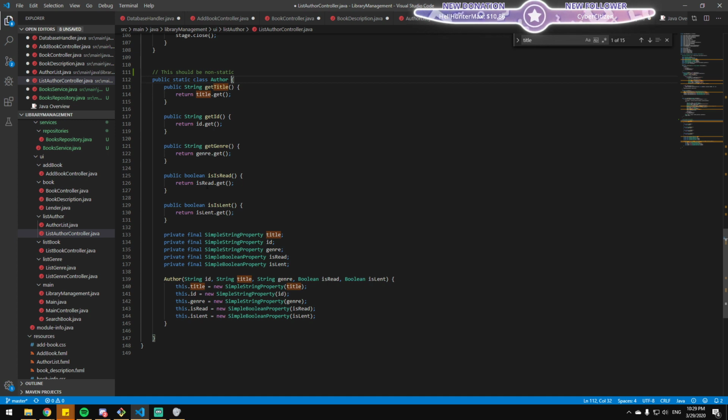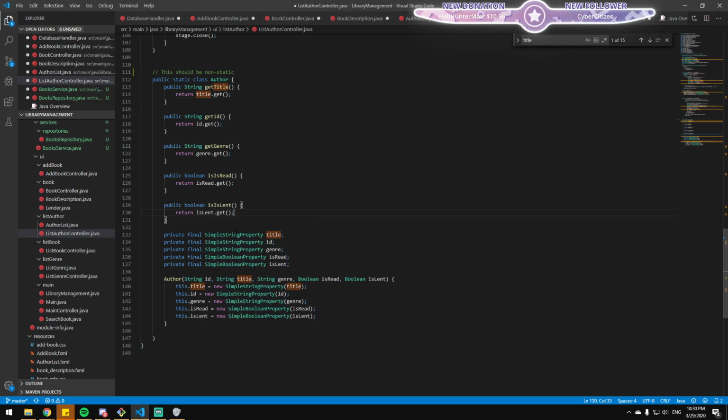Sorry, I was going to suggest that if you think something does need to be static, or needs to be accessed by another system or class, you could just use dependency inversion or dependency injection and inject that class where you need it, and that gets around your headache of making it static. If you take this author class, you can inject it into a method wherever you need it and do things to it there, rather than making it global and saying everyone can access it. Yeah, that's true.